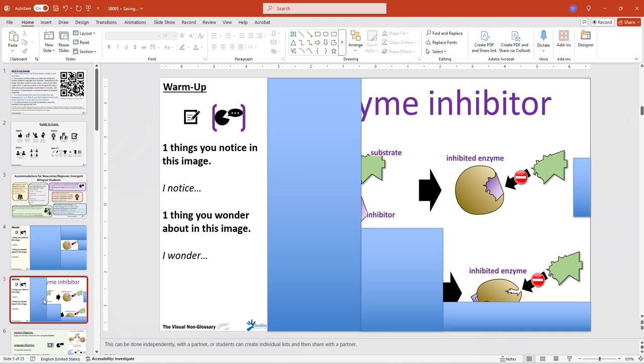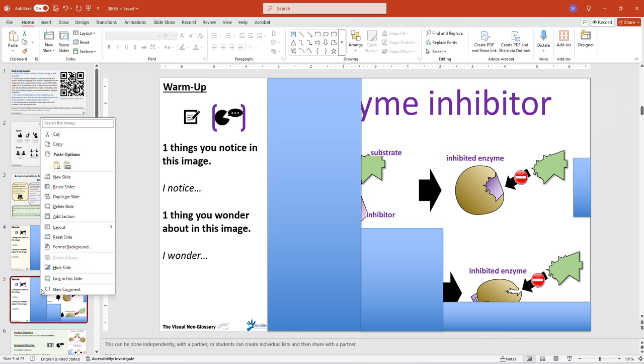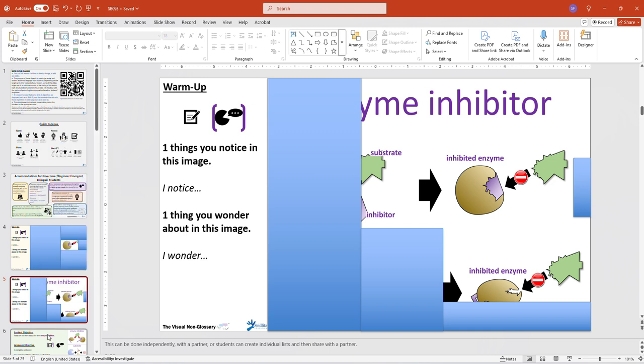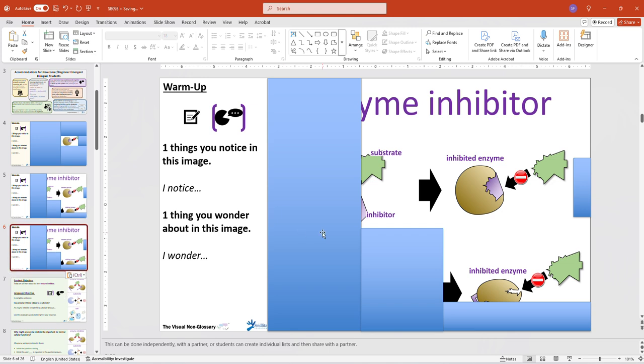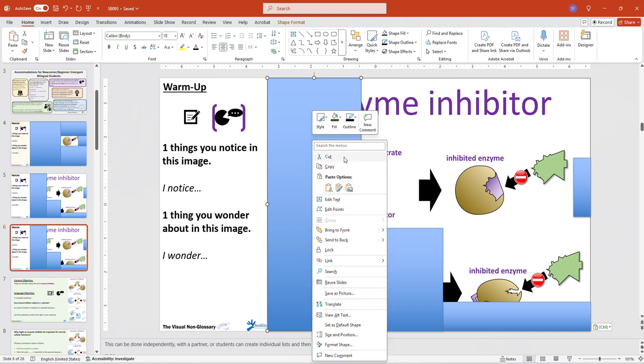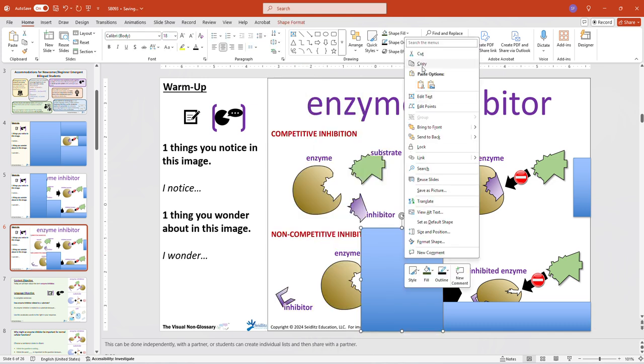So here's slide 2, and I can do this one more time, or I can do it 2 more times. It's totally up to me. Again, I'm going to copy this, and I'm going to hit paste. And the third time, I'm going to say I'm going to just remove all of these boxes. I'm going to cut all of these boxes,